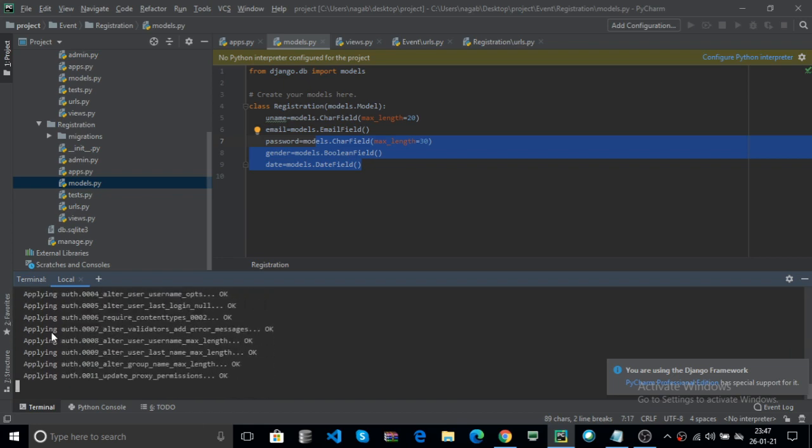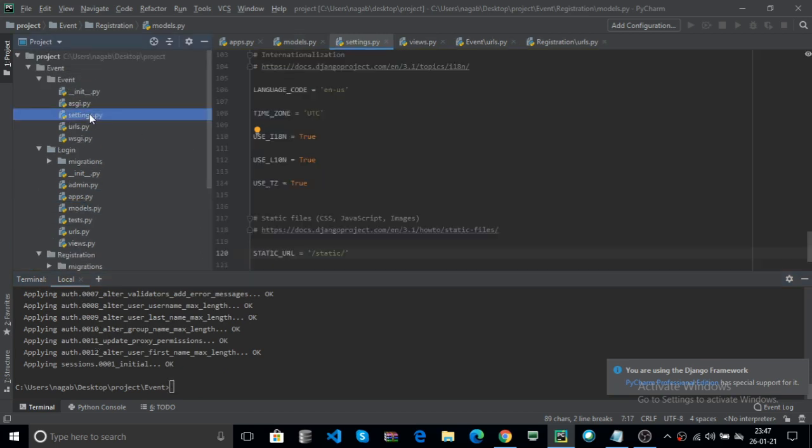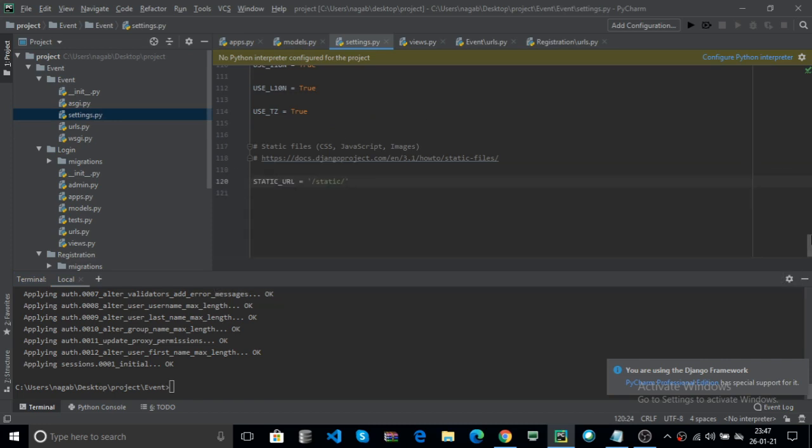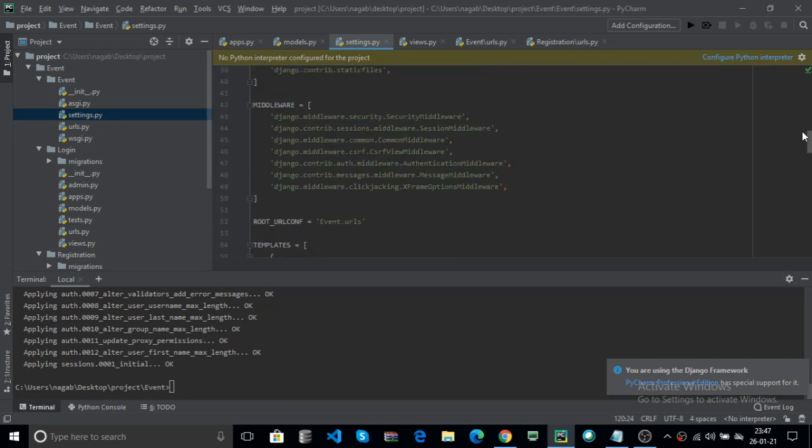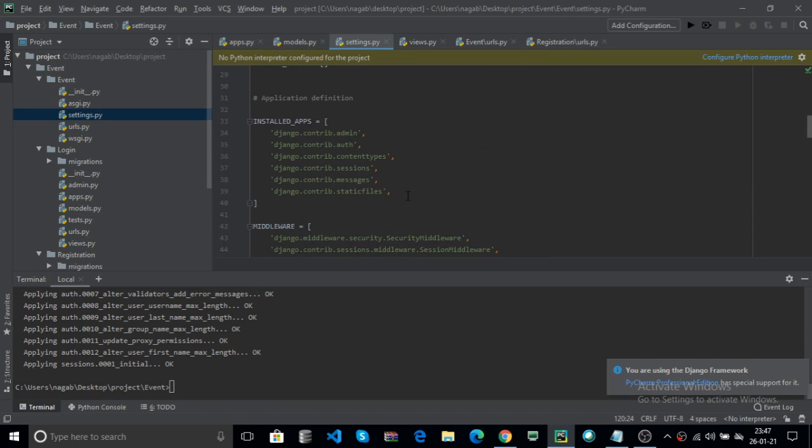Here it migrates all the apps in your installed apps in the settings.py. Here go to the settings.py. Here the apps are migrated by the migrate command.